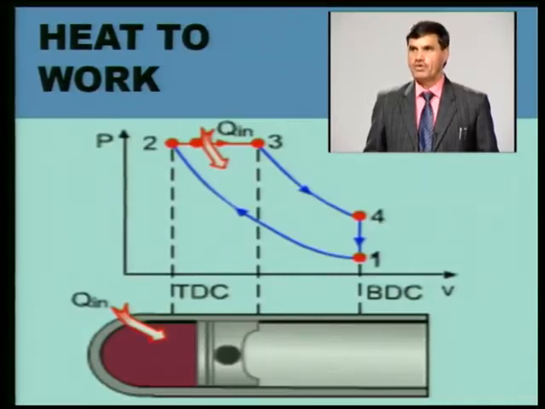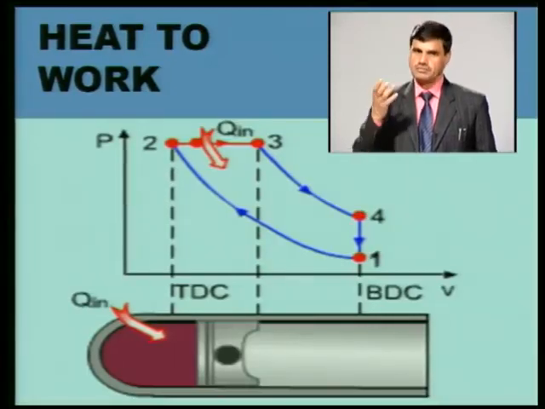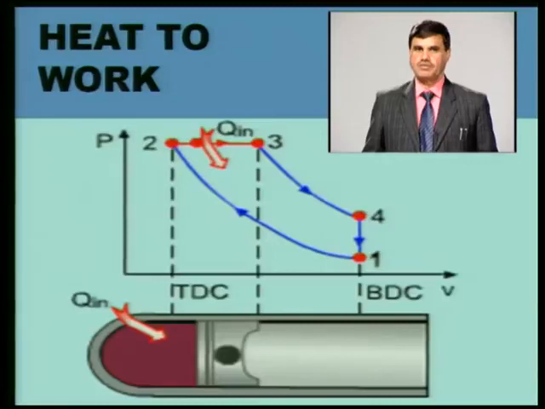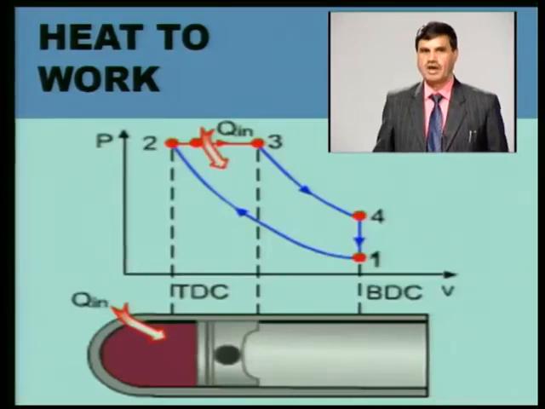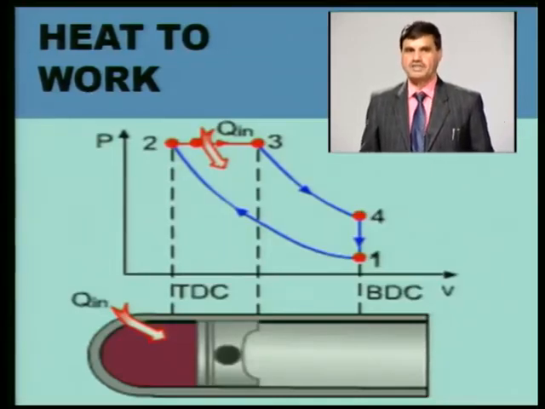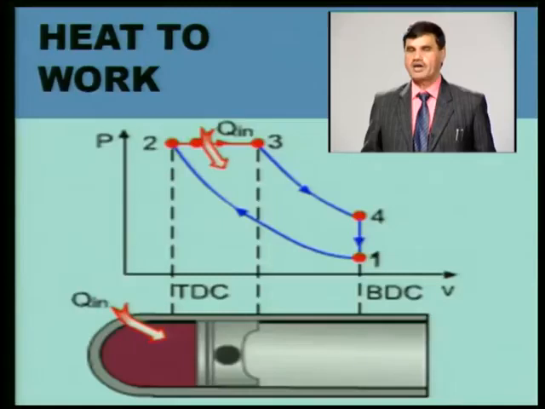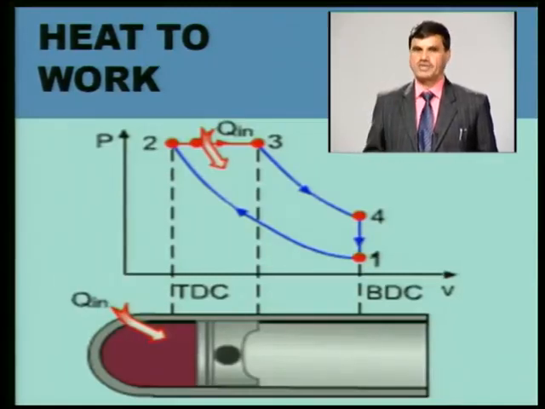So, from 3 to 4 and 1 to 2 there is no loss of heat, but from 2 to 3 and 4 to 1 the Q to W conversion is an irreversible process. That is why these types of cycles have efficiency less than even the Carnot cycle. I am saying the Carnot cycle is not 100% efficient, but this type of cycle has efficiency further lower.